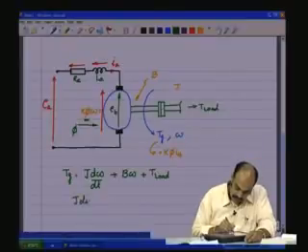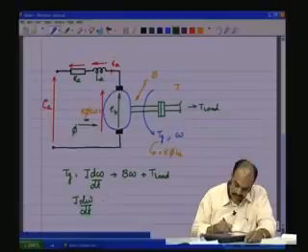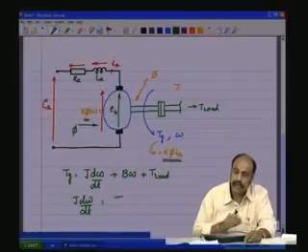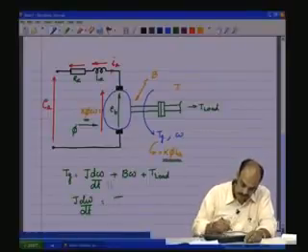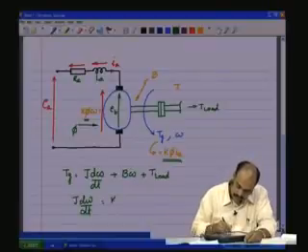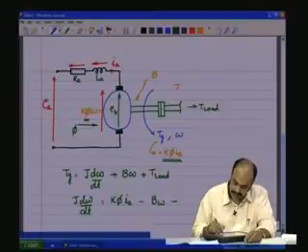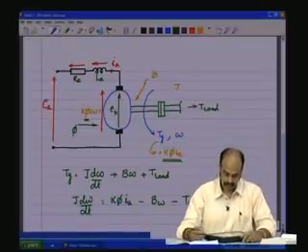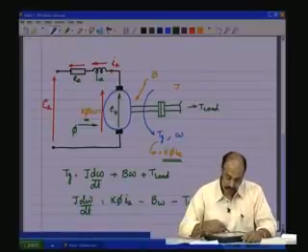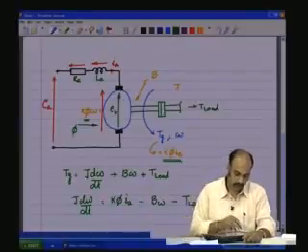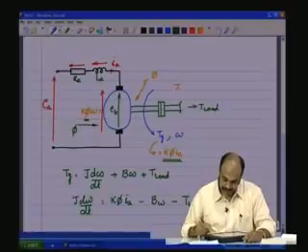So, J d omega by dt will be equal to Tg. Now, Tg can be expressed in terms of the state variables as K phi IA minus B omega minus T load. So, as a mechanical input to the system there is T load, and as electrical input to the system we have EA. So, combining these two we have